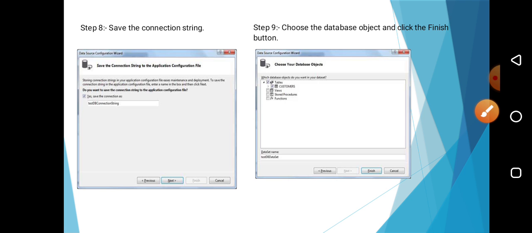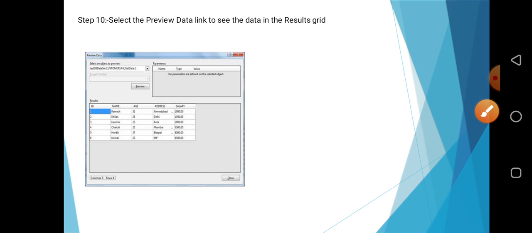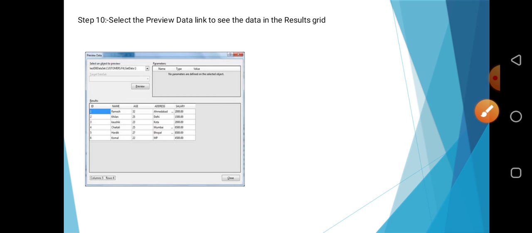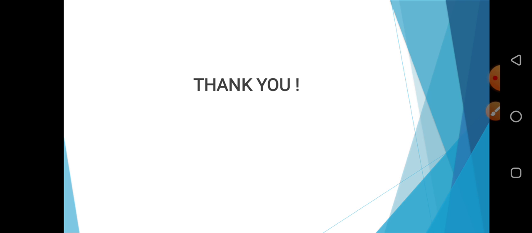Click on the Finish button, and after finishing it, all the data will appear in the DataGridView control. So you can easily find your data in the DataGridView control over here. This is all about connecting the database in your application. We are going to see it in a practical session also, how to perform it